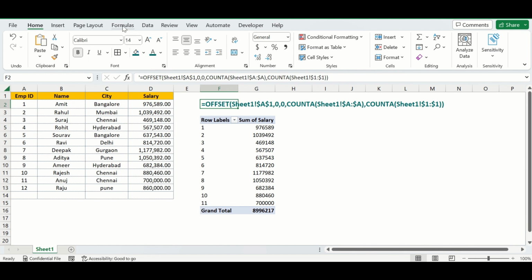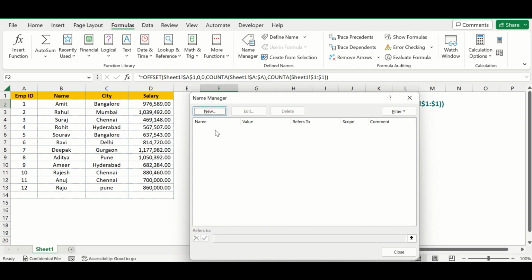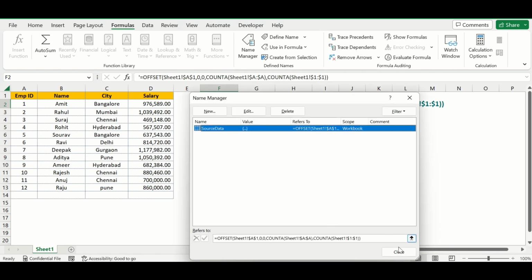go to formulas menu, click on name manager, click on new, enter name as per your convenience and paste the formula in below and click OK and then close,